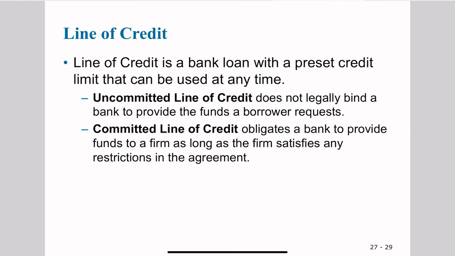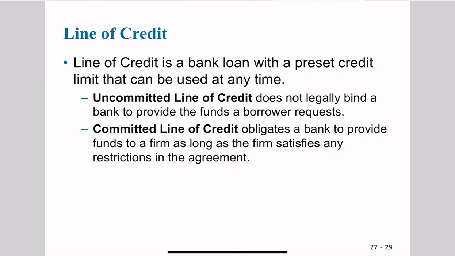There are two kinds of line of credit here, depending on the bank's commitment. So the first type is uncommitted line of credit. So in this kind of line of credit, the bank is not legally binding to provide the funds to the firm. Committed line of